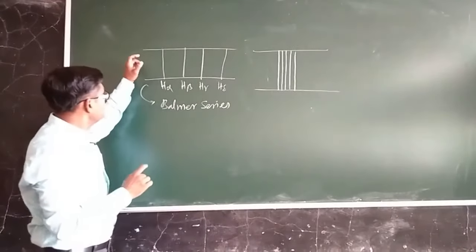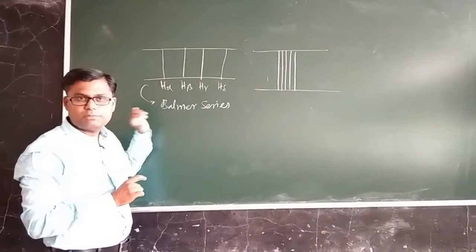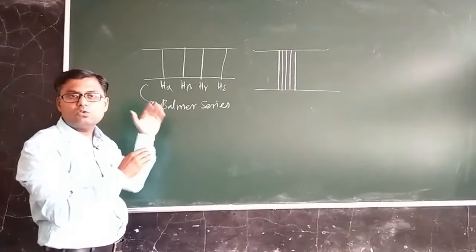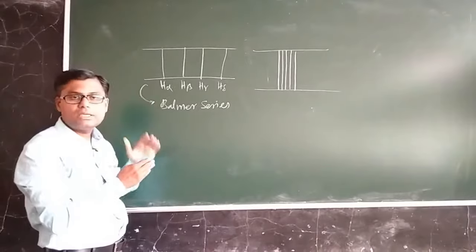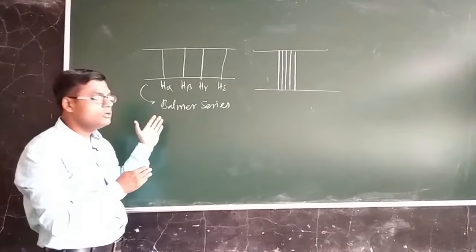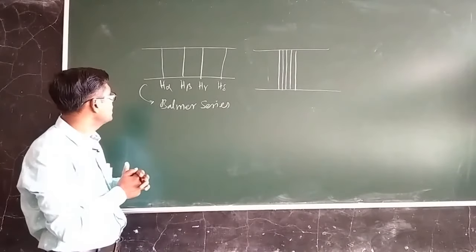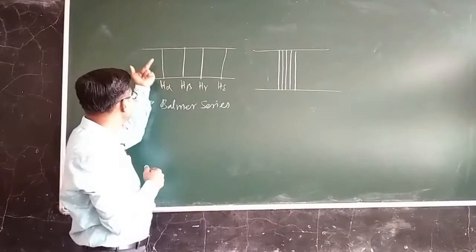Actually, when this Balmer spectrum was observed with a low resolution spectroscope, we could observe these 4 lines. Bohr atomic theory could explain all these 4 lines, what is the origin of these 4 lines, how these 4 lines originate from the atom. So the explanation for this query was completely understood by Bohr and was given to the scientific community. But the H alpha line seems to be a single line.